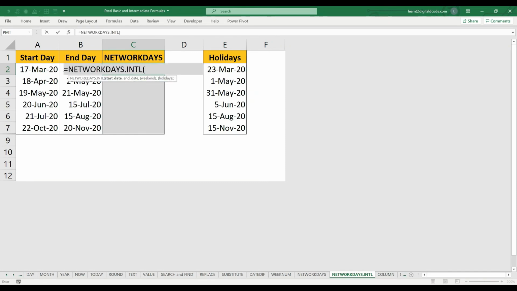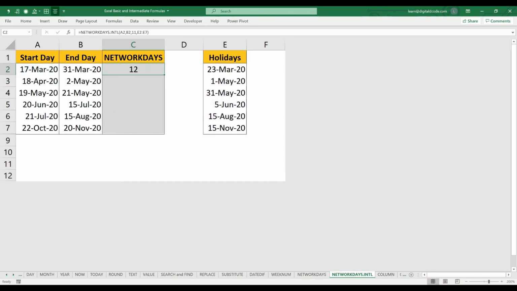NETWORKDAYS.INTL, start date, it's 17th March, end date is this, and for the weekend I'll choose only Sunday is a weekend, comma, I have these many holidays.